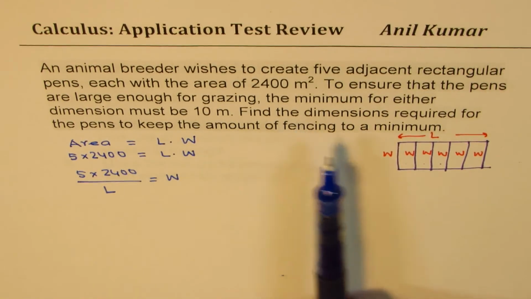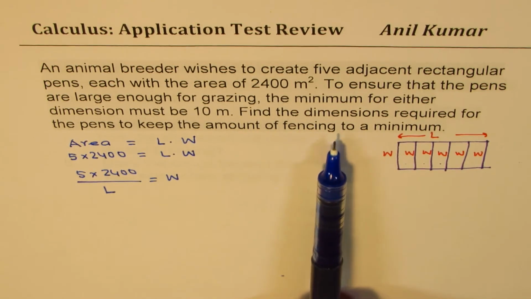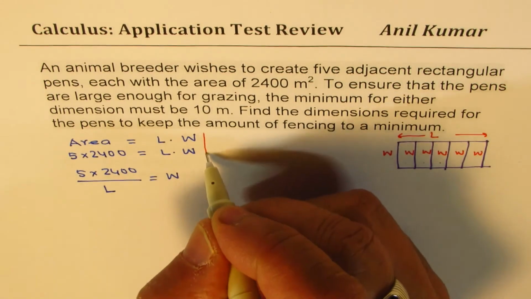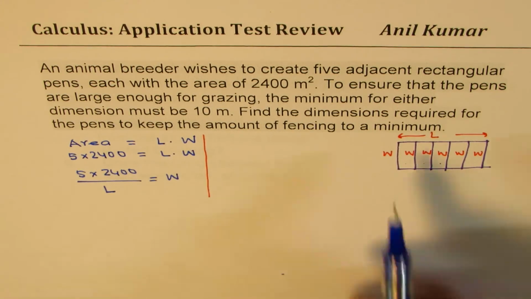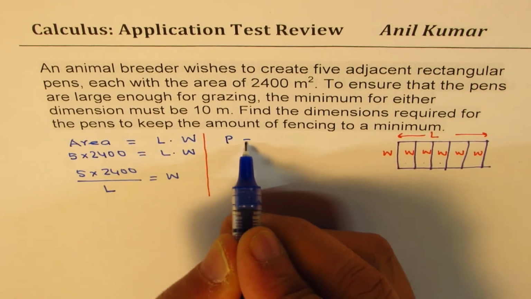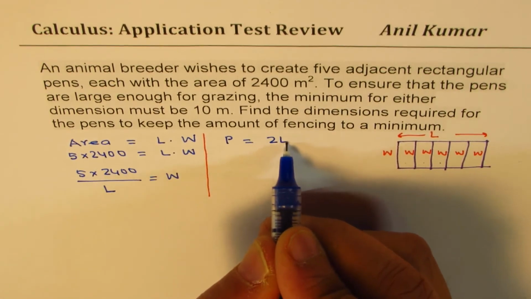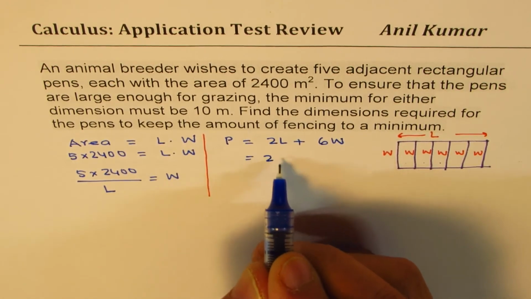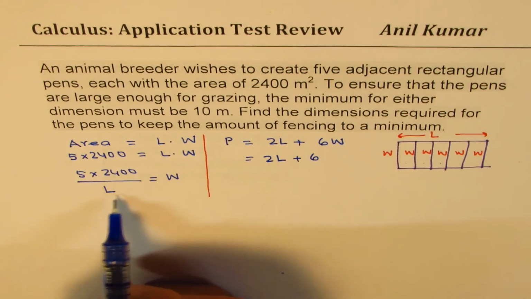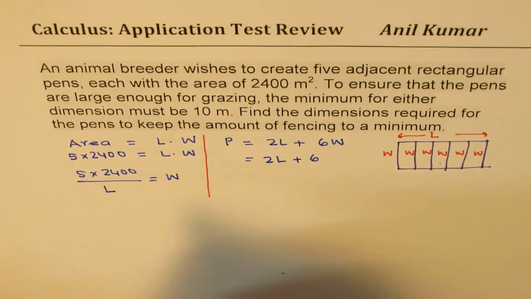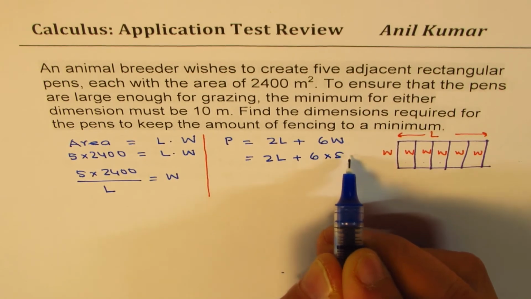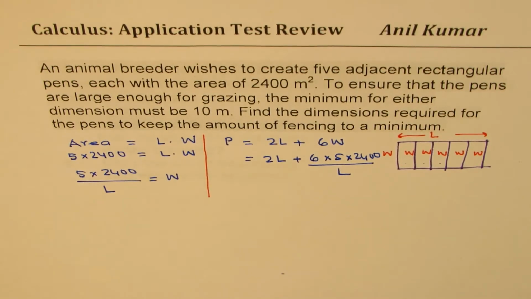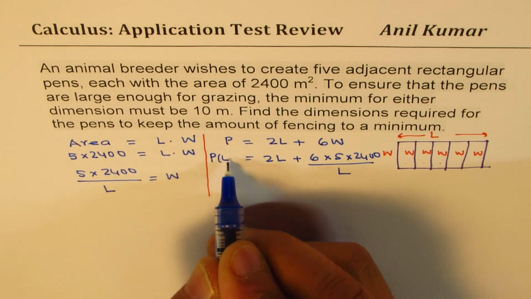Now let's talk about minimizing the cost of fencing. So minimizing the cost of fencing means perimeter we're talking about. So let's look into perimeter now. Perimeter in this particular case is equal to twice length plus 6 Ws. Now we could write width in terms of length. So it becomes 6 times 5 times 2400 divided by L. Does that make sense to you, right? Now what you get here is actually perimeter in terms of length,